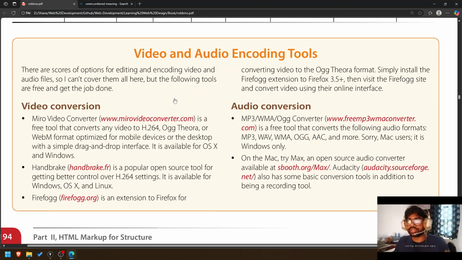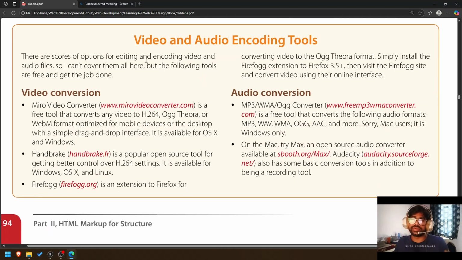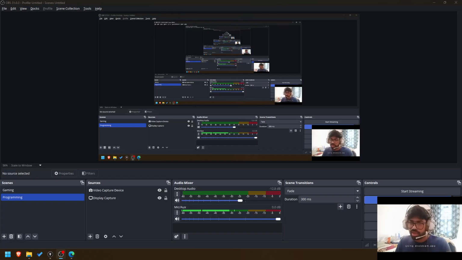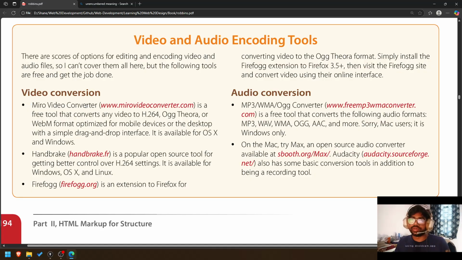Video and audio encoding tools. There are scores of options for editing and encoding video and audio files, so I can't cover them all, but the following tools are free and get the job done. Miro Video Converter is a free tool that converts any video into the formats above. Handbrake, Firefogg,